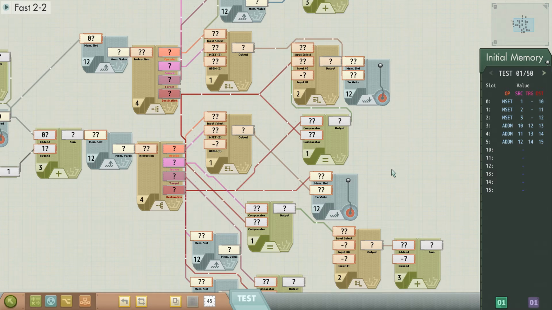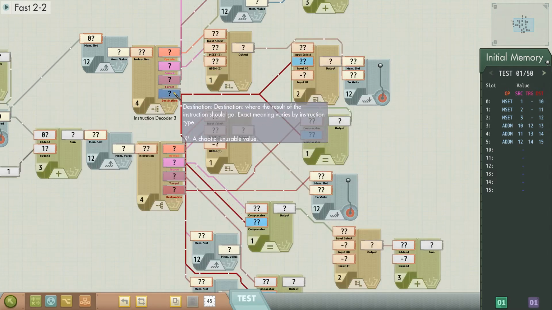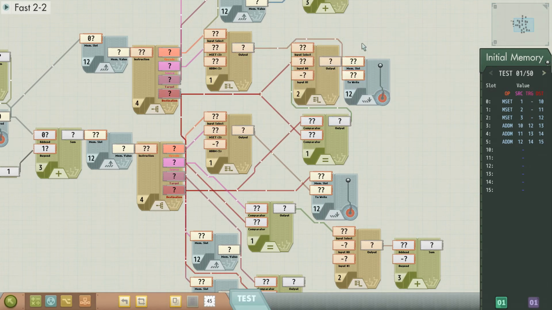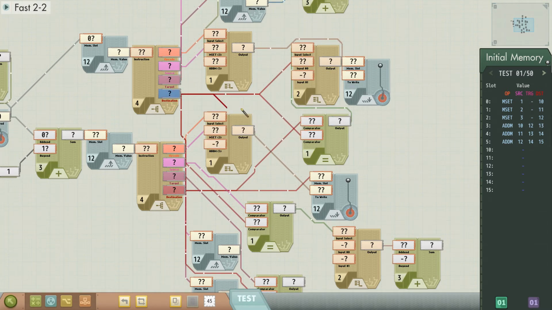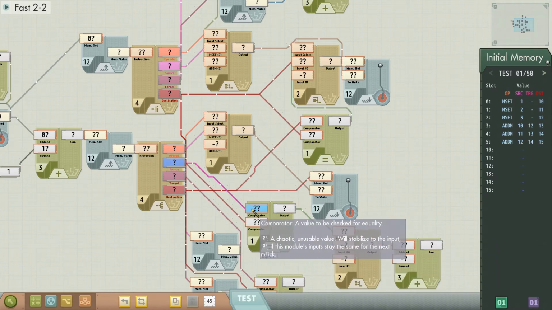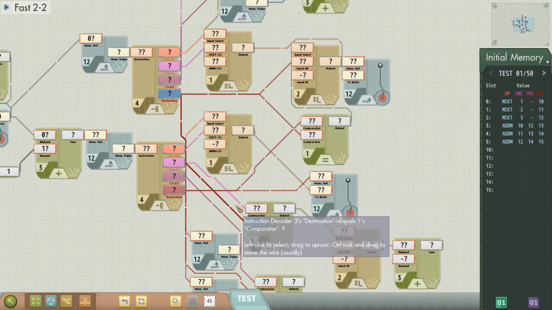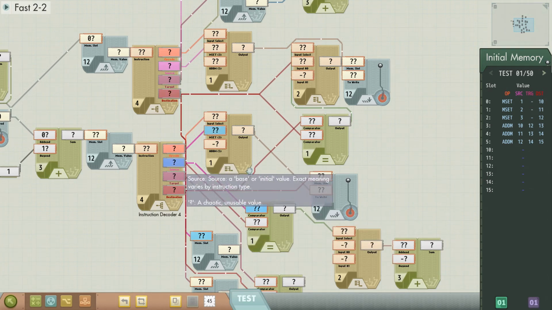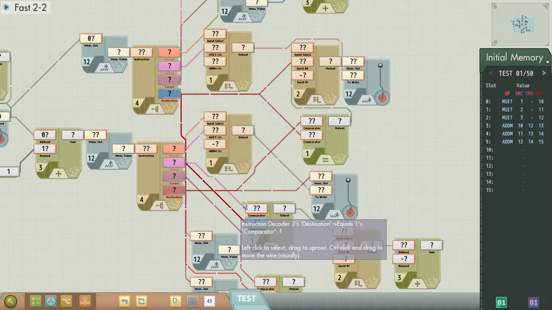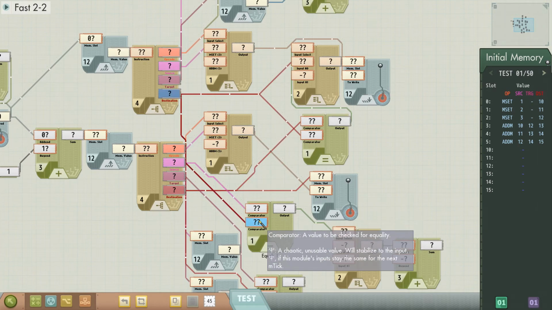Let me double check this. The address that it's writing to is always this one, regardless of whether it's mset or add. And the value it's writing is always this. Now, it might not actually write to that address because of this selector, but we're pulling from before the selector. So we say, yeah, okay, stop. Wait, these two inputs look like they're going to the same place. They both go to like here, but then one of them follows a line up like this. So if the destination of the first address was equal to the source of this address,